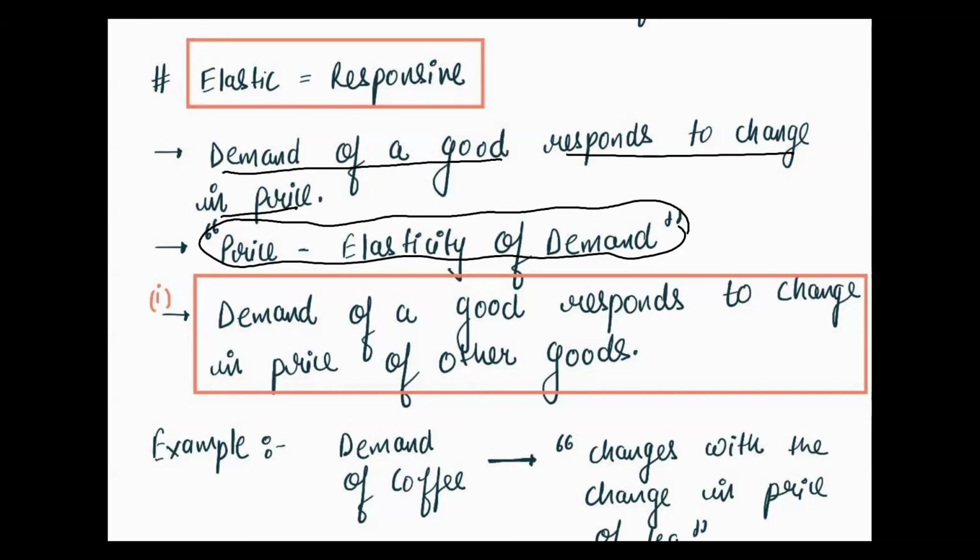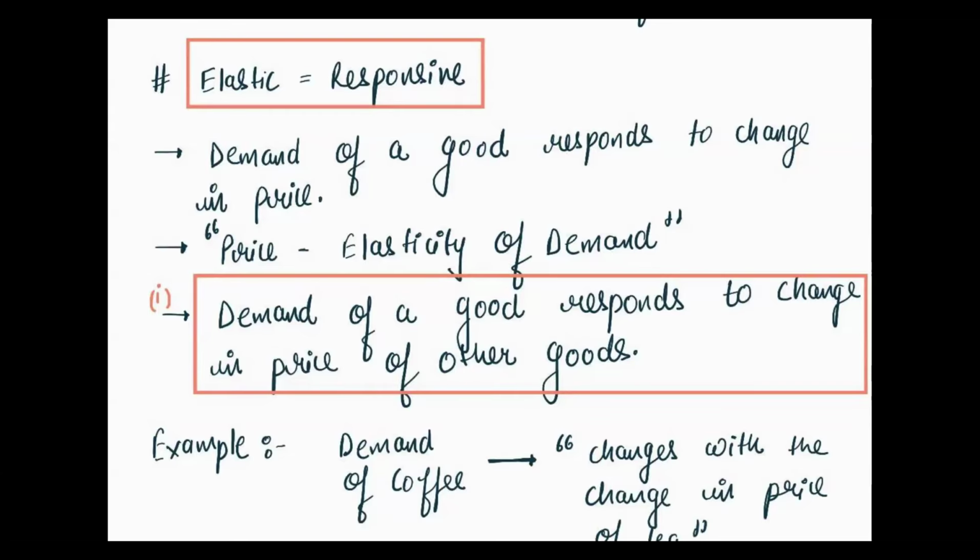So first we will try to understand what is elastic. Elastic is responsive. So we will first have a discussion on price elasticity of demand. So here the word price elasticity of demand means what? Price is putting force, and according to that, demand is responding to it. Or you can see that demand is responding with the change in price. This is the meaning of price elasticity of demand. It is very easy to understand. It means demand is changing with the change in price. Demand is elastic with the change in price. I hope it is clear now.